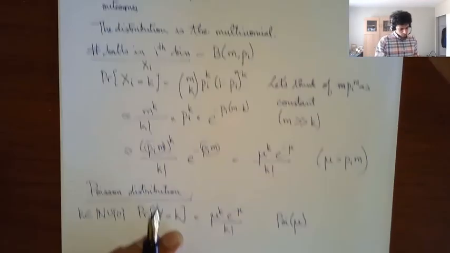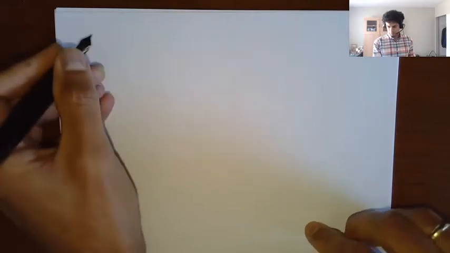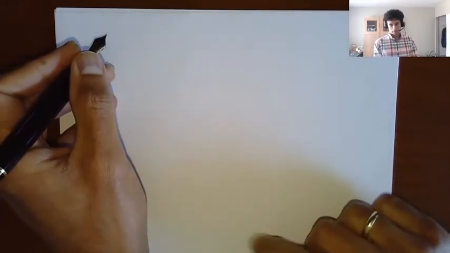So the Poisson has a number of very nice properties, and in many ways one can think of it as a discrete version of a normal random variable,